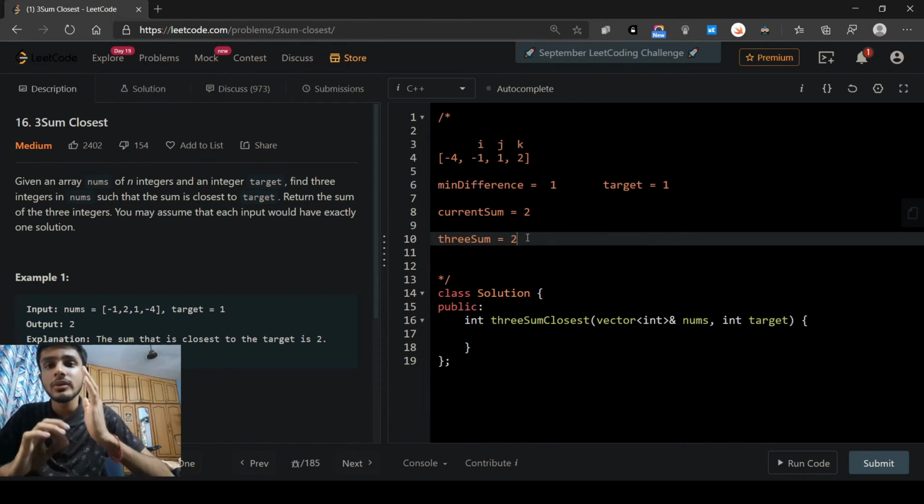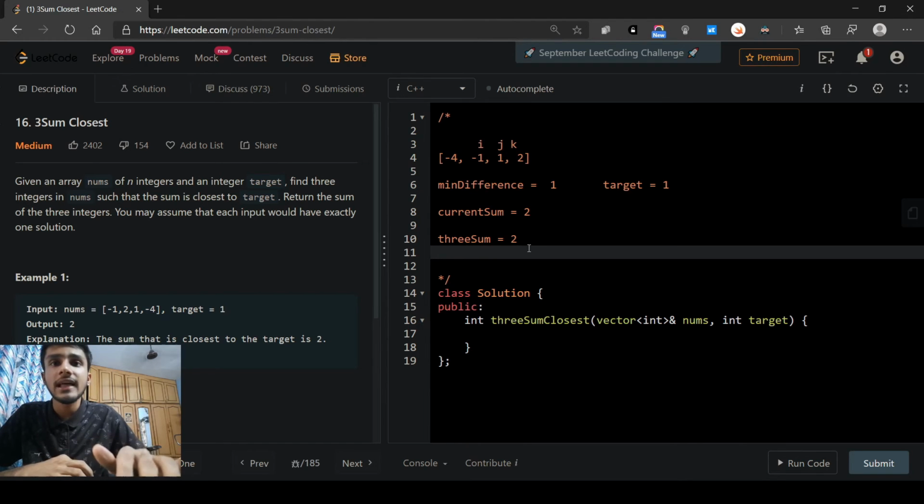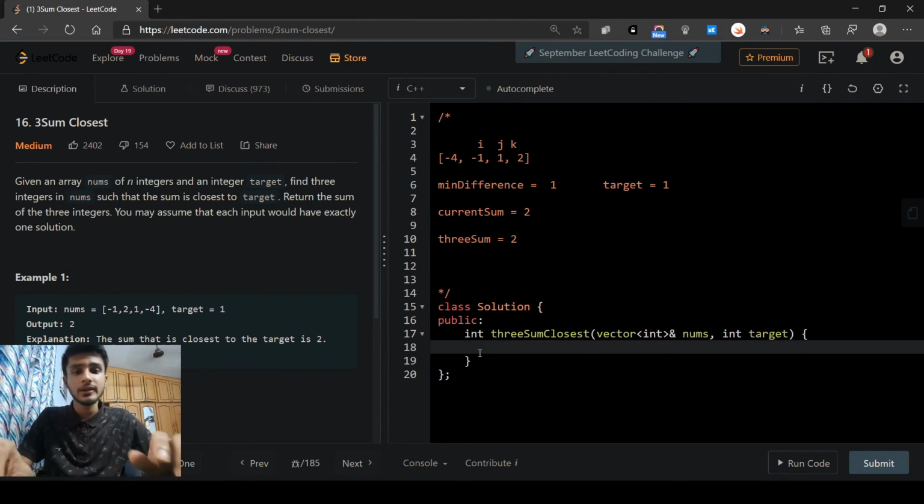Now when you see that 3sum is greater than our target value, what we need to do is come closer to the target value, and to do that we need to reduce the individual values that have been picked. And to do this, we need to move the k pointer towards the left, because that's where my lesser values lie. So when I try to move my k pointer over here, k and j become equal. So there we stop the loop. And when i moves over here, there are no more elements left to be explored, and therefore we end our loop there. And our final answer will be stored in 3sum variable, and we return that 3sum variable as the output of our function. So yeah, let's begin coding the problem.